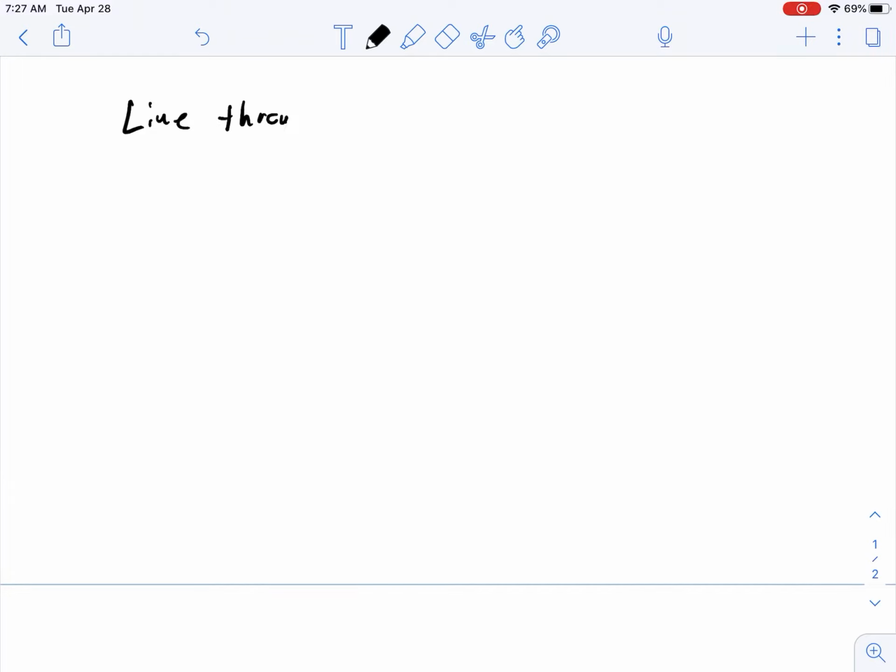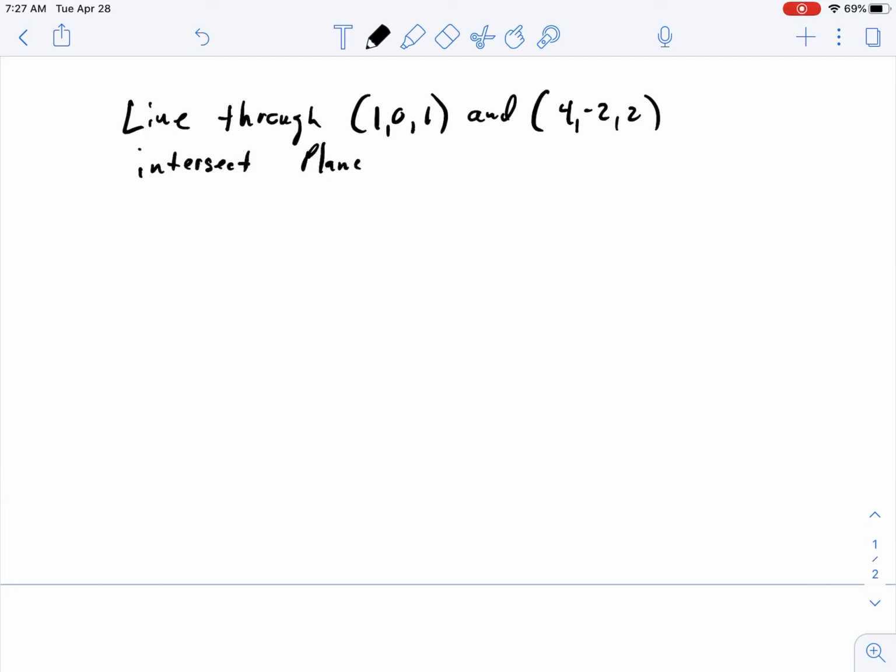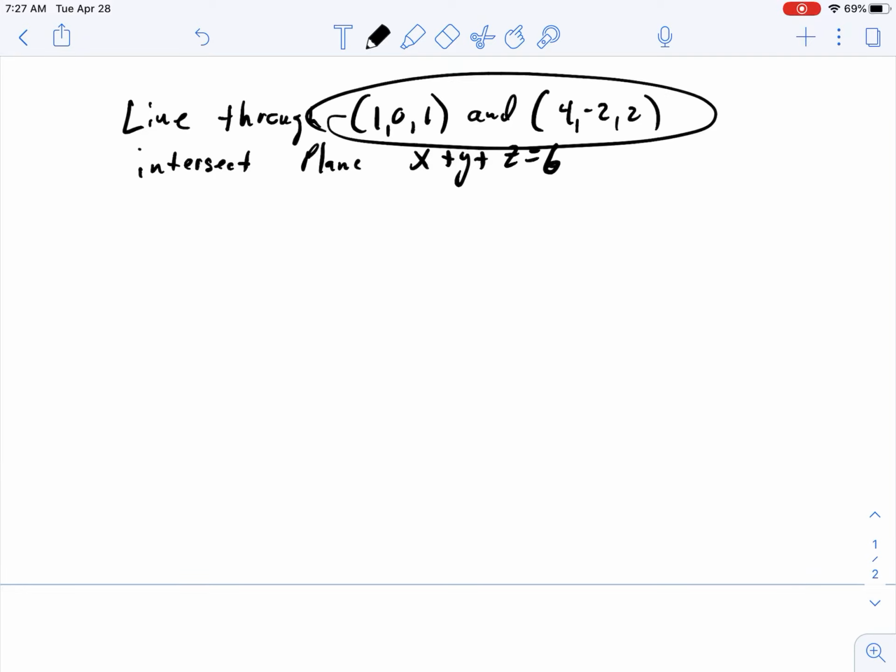Okay, so let's do a different combination here. Say we have a line through these 2 points, 1, 0, 1, and 4, -2, 2, and they intersect the plane x plus y plus z equals 6. Okay, well, first thing you've got to do